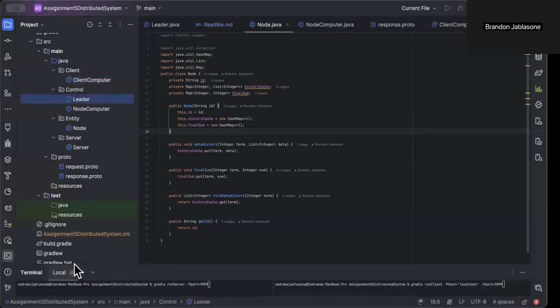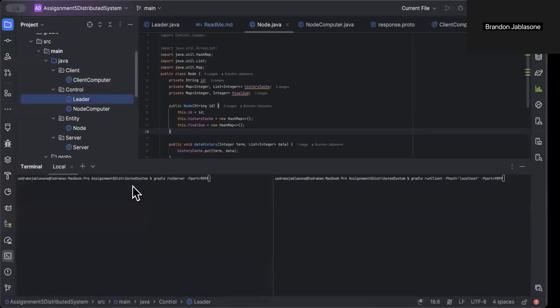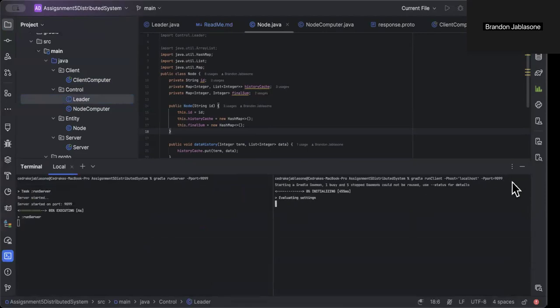So I have it spawned up right here. We're going to run the program. We start the server first. Server running. We're going to start the client, and then once the client and server start,